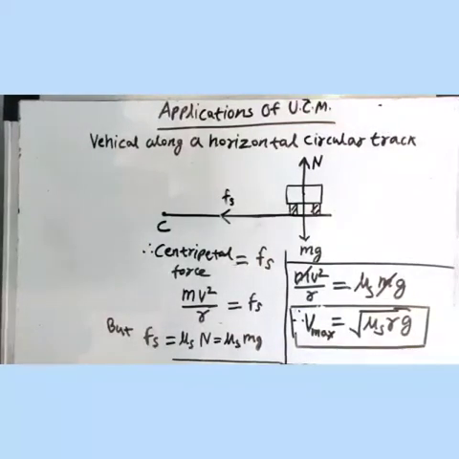Now why it is called as maximum safety speed? Because by using this formula and by substituting the values of radius of the curved road and the acceleration due to gravity and coefficient of friction between road and the tire, whatever maximum value of velocity of vehicle which we are going to get, the vehicle must follow that maximum speed. Because if the vehicle is overspeeding this calculated speed, then the vehicle will be in danger to be thrown out of the road. That's why you must have observed the speed limit boards are displayed just before the curve begins.